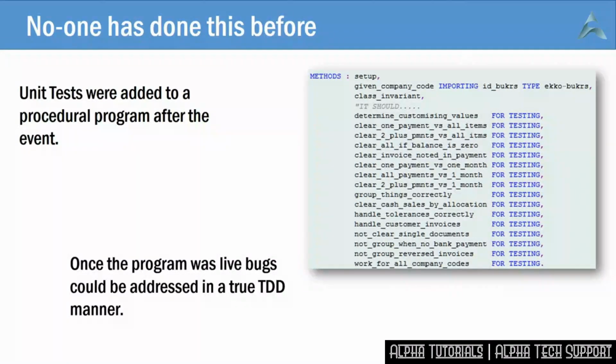This presented an opportunity to start fixing those bugs in a TDD manner. For every actual bug I encountered in production, a new unit test was added. The bonus, of course, is hard-coded test data. I use the actual data that I got from production based on the reported bugs. This worked fantastically. Even though it was procedural, it became a rock-solid program. As I said, it's not legacy code if it's got tests, even procedural.